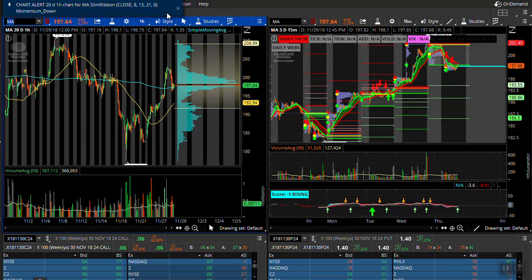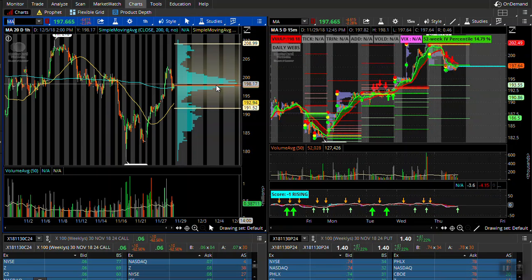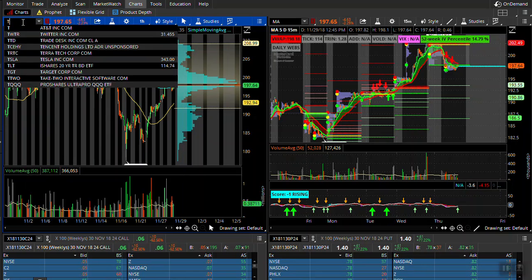Okay, we are actually below our value area, so we could get a little responsive buying here. And we do have our weekly values right here too. So we don't have a buy or sell signal on that one right there. So it's kind of just like dead money at this point. And in Twitter,